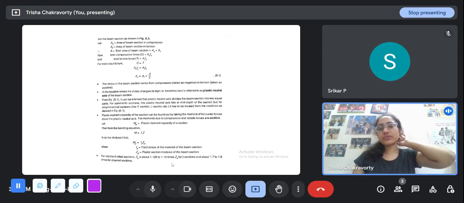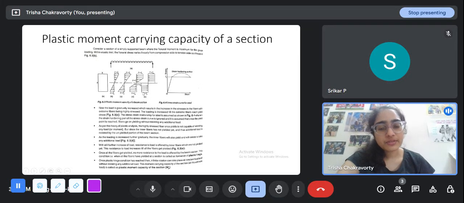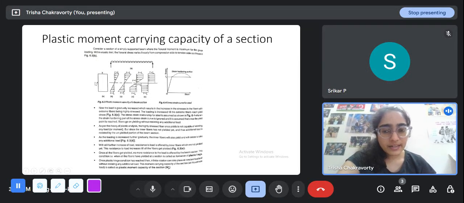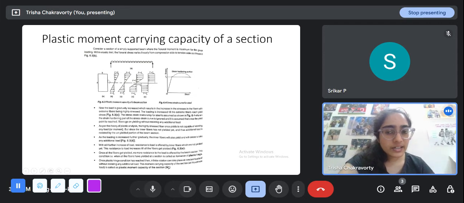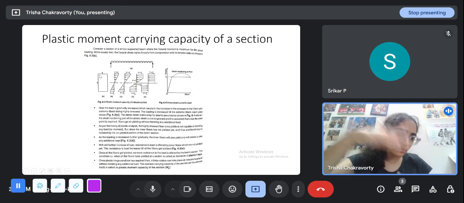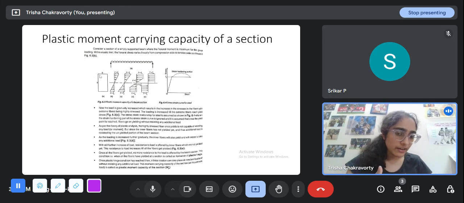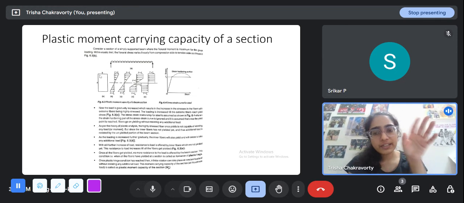We can show from the equilibrium condition that when our section is entirely plasticized, the area in compression must be equal to the area in tension. So the plastic neutral axis shifts from the elastic neutral axis. For the elastic neutral axis, there is no criterion that it must divide the area into two equal halves, but the plastic neutral axis does do that. So if it is a rectangular section, the plastic neutral axis will pass through its midpoint.